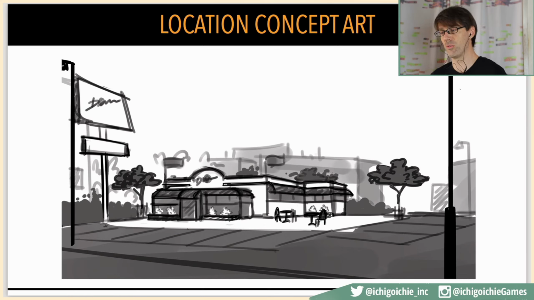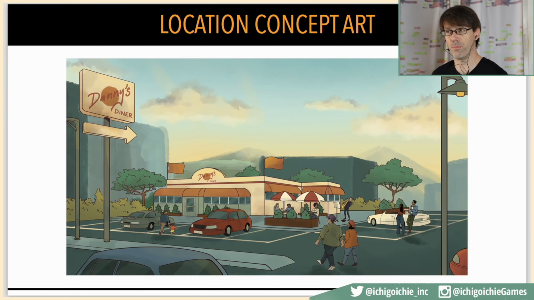Here you can see some concept art that we did of Danny's Diner, which is a place that lots of people get their breakfast. It's open 24 hours a day, and it's also a popular place to kind of hang out. You maybe run into someone there. It's on one of those large strips between two highways, and that evolved into this place that's a center point in the story where the band, led by the protagonist Watts, she needs to recruit a saxophonist to help her build out her funk band. So they go to this Danny's Diner because there's this famous saxophonist named Chaz there that's always busking outside trying to collect money and sell his CDs to people that are going into the restaurant.